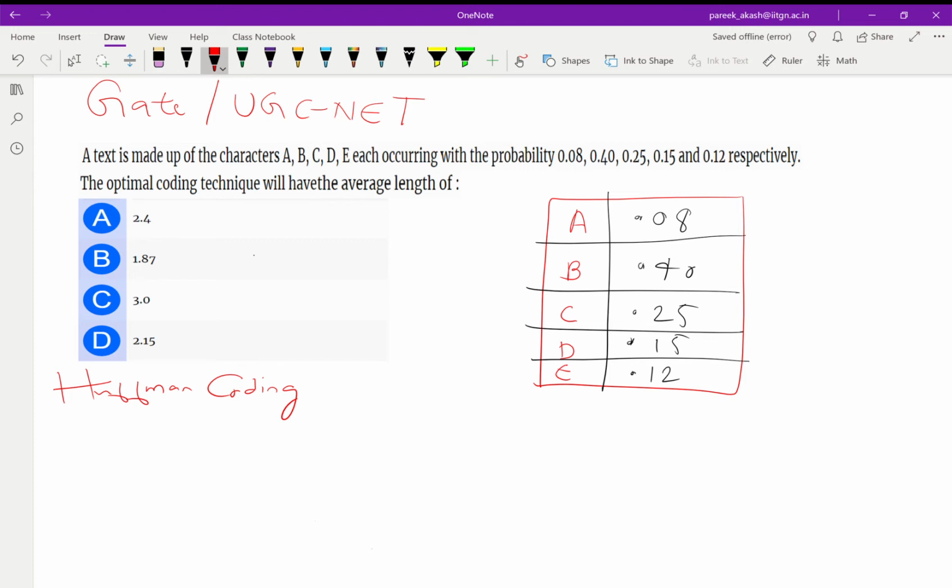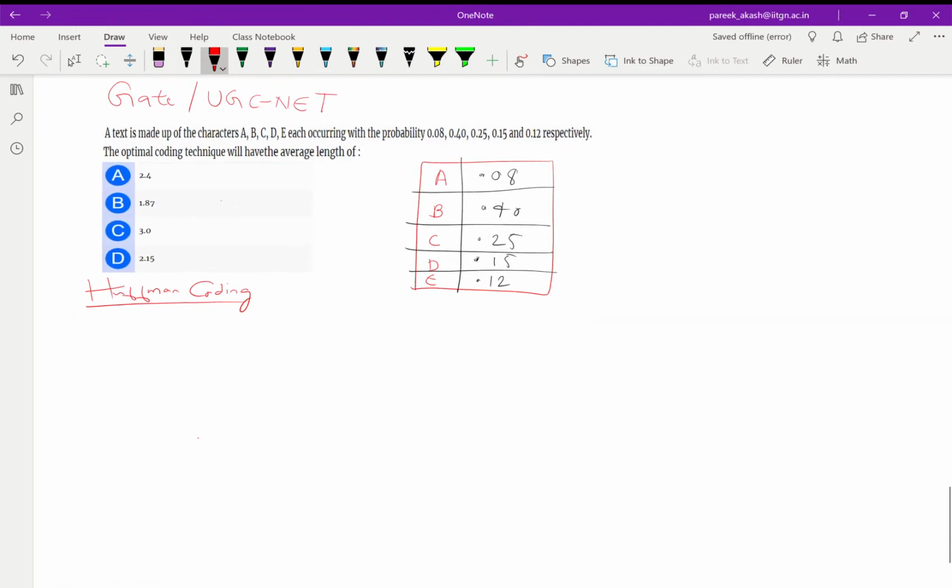That means the most frequent character will get the smallest length code, and the least frequent character will get the largest length code, so that the average length will be less. To find the optimal code we have to find a Huffman tree. So let us see how we can find an optimal tree.